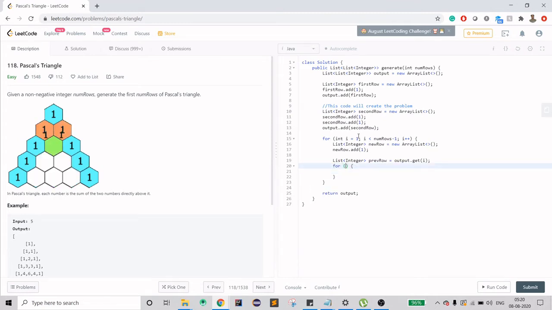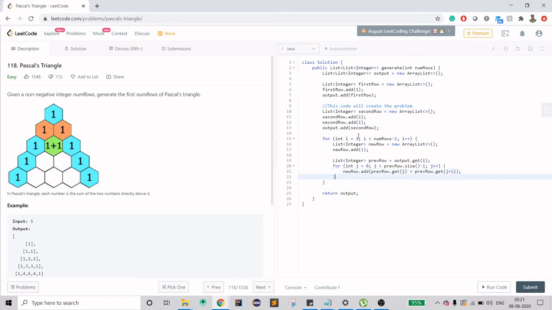So a for loop, a new variable, and then add this to newRow.add, and previousRow.get(j) plus previousRow.get(j plus 1).